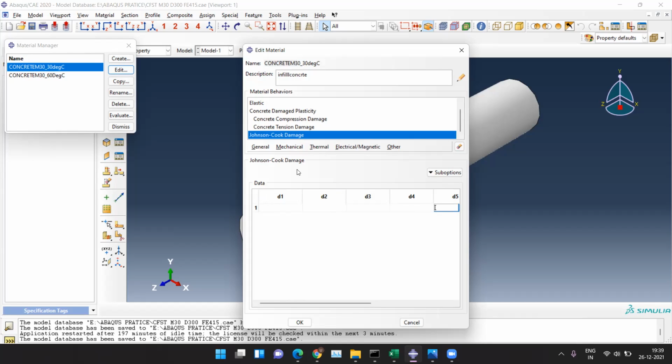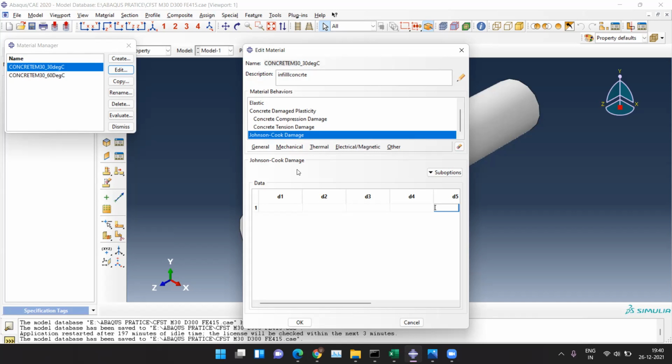After feeding this Johnson-Cook damage criteria, what happens is that beyond Hooke's law, that is beyond the linear elastic range, the material tries to go into non-linear elasticity, which is nothing but plasticity. While the body is trying to deform in plasticity, there is some criteria for how it has to get damaged, and that kind of damage is going to happen here. So for materials having a high elongation rate, we can use this Johnson-Cook damage criteria.